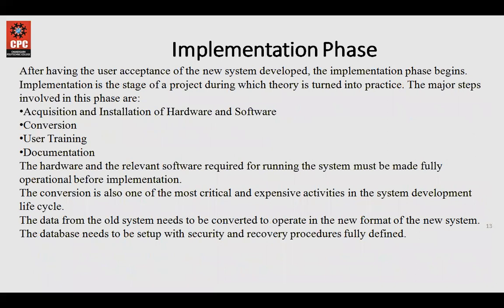Implementation phase, another important phase. Implementation phase basically involves the final installation of the system at the user's end. This involves acquisition and installation of hardware and software. That means whatever hardware or software is required for running that system, that is already available. Then conversion, that is from one system that is already existing in the organization, moving on to the new system